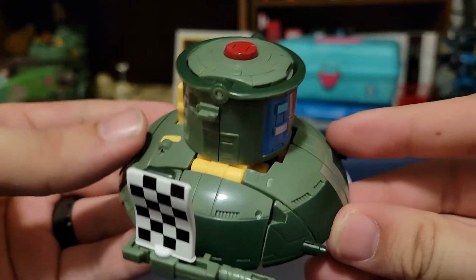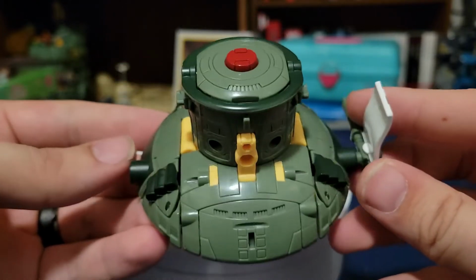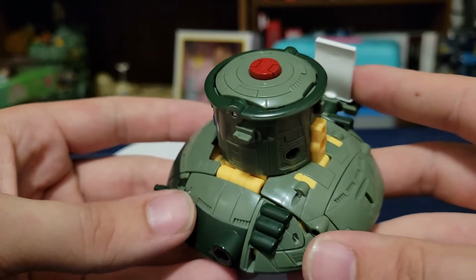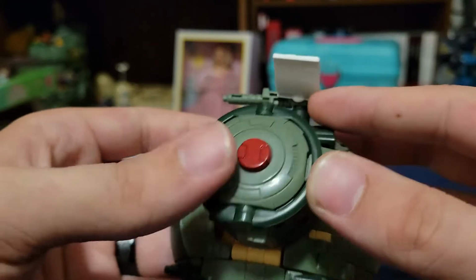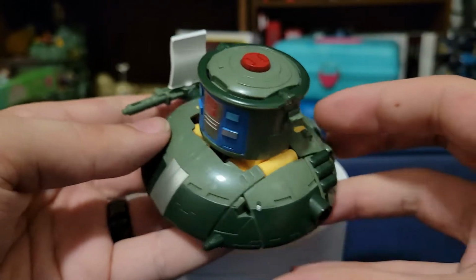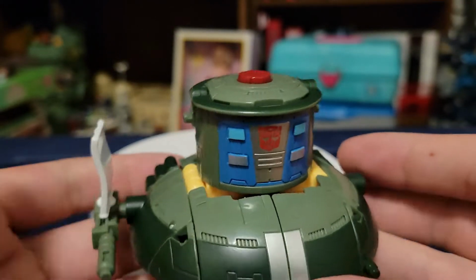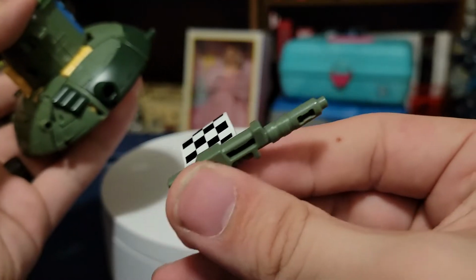So looking at the closer details here of the UFO, it is just a very nice looking green colored UFO. We got a couple different greens going on here. This sort of base military-esque green going on with this sort of darker forest green to highlight on some areas. We get a little hint of red right up there where his head will be, and some yellow, of course, that we see in the robot mode. Some silver right here on the front, plus right up here we get some nice painted blue with an Autobot insignia. And of course you can see his weapon right here on the side, which is both a gun and